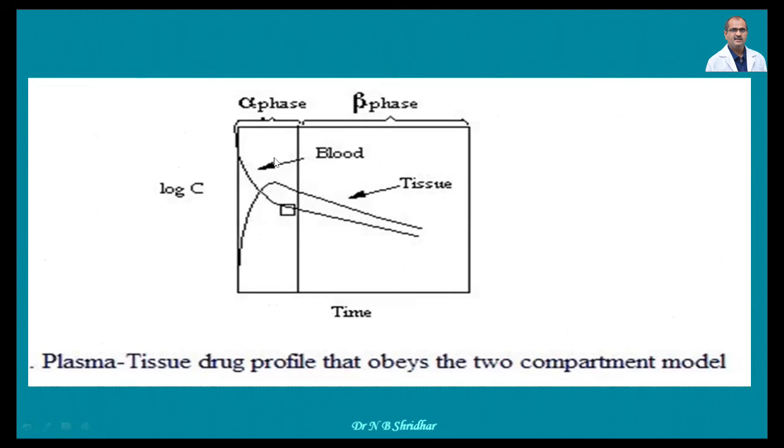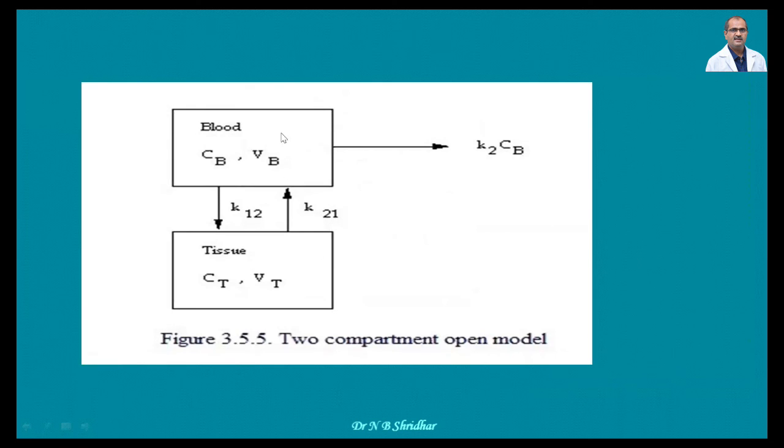Whenever a drug is given, as an IV dose or any dose, it will be distributed to various tissues, and if the logarithmic concentrations are plotted, it will look like this. The first phase is the absorption phase and the distribution phase, the alpha phase, and the beta phase is the elimination phase. So such drugs usually follow two compartment models, and in a two compartment model there is equilibrium between the blood